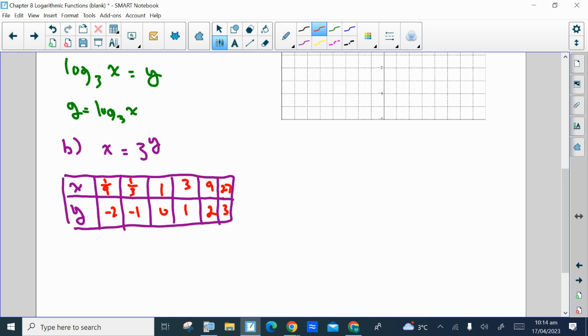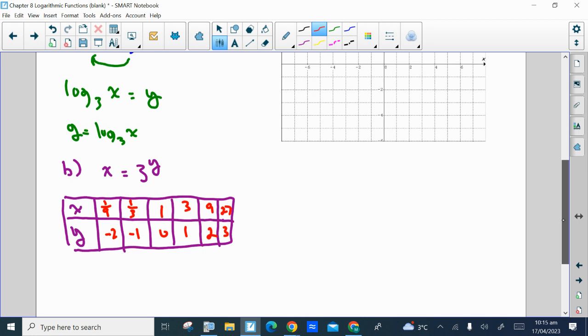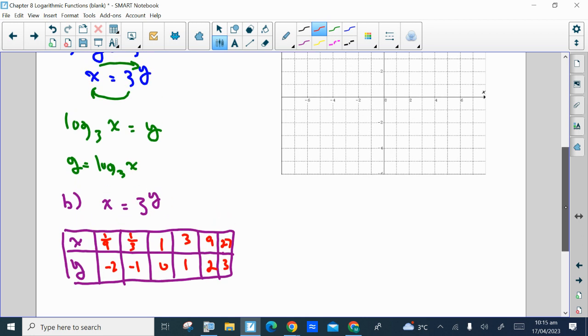So this gives us some points that we can put on our graph for the inverse of y = 3^x. I've got the point (1/9, -2). I've got the point (1/3, -1). I've got the point (1, 0), (3, 1),